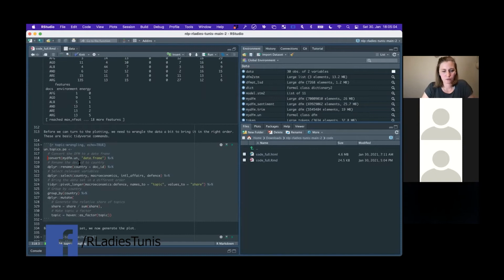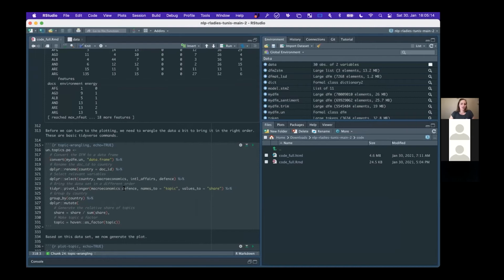And then I just do some wrangling. I rename variables. I select the ones that I'm interested in. I want to have macroeconomics, international affairs, and defense. I use pivot longer to get the data set into the right format so that I can display it. I group by, I generate a share, and I just get the topic as a factor so that I can easily plot it. I just run that,